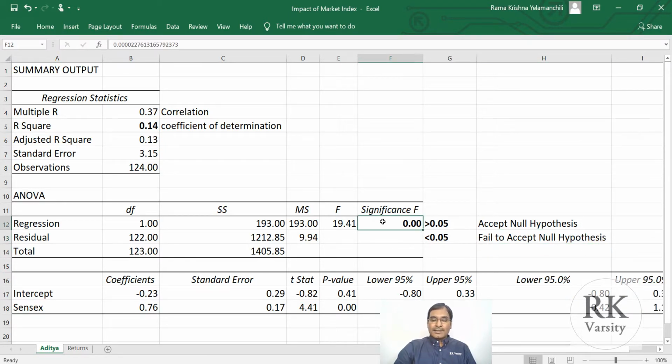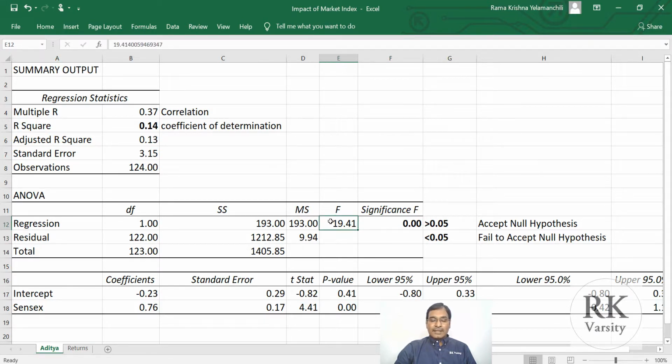Now in our example, our significance value is 0.00, which is less than 0.05. So we reject the null hypothesis, which means the Sensex has impact on Aditya Birla Fashion.